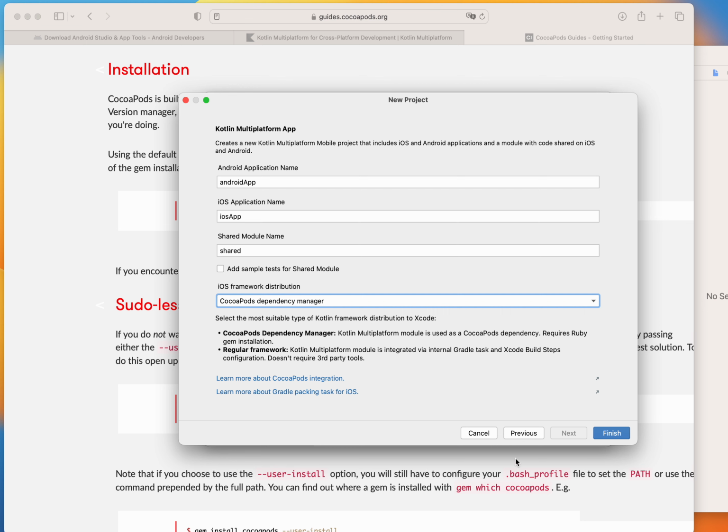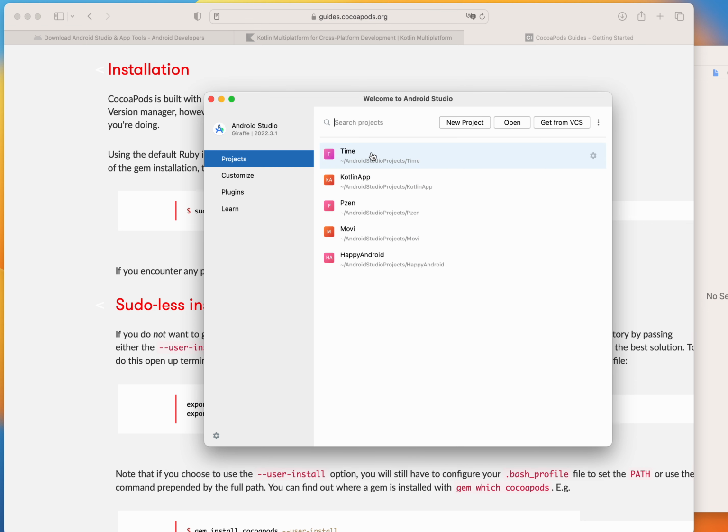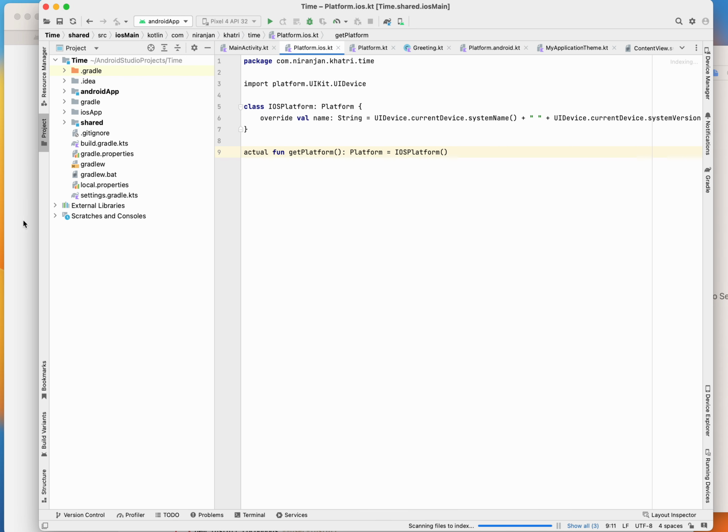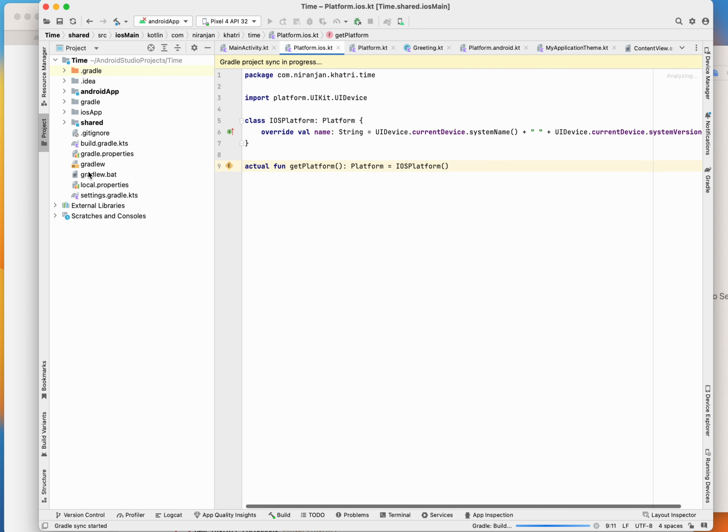Okay, so I will just cancel this because I have already created my Kotlin multi-platform project. Let me go to my project. Once you have finished the creation of your new project, Android Studio will sync and configure your project, and you will have